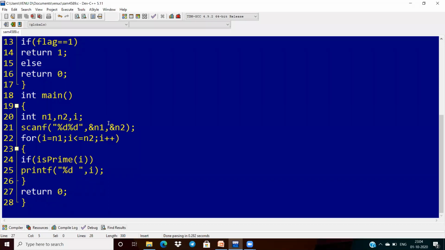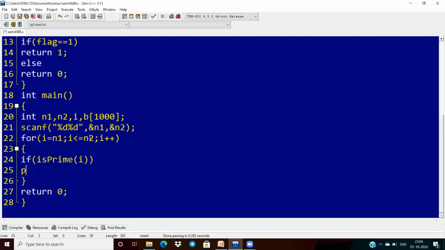So for that, what I need to do here: initially I want to take one more array, I'm taking the array b, whose length is some thousand.